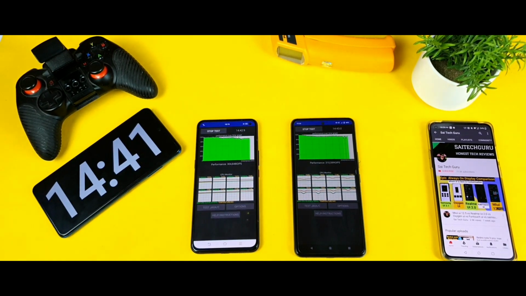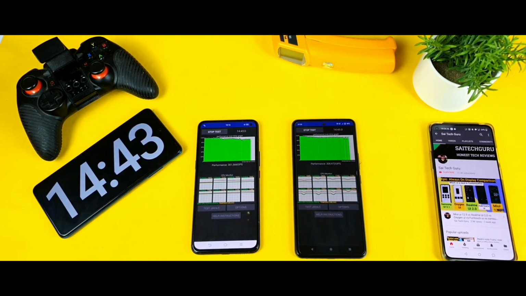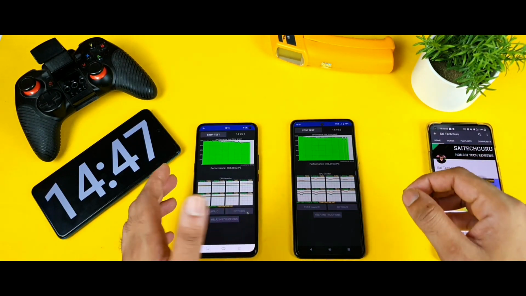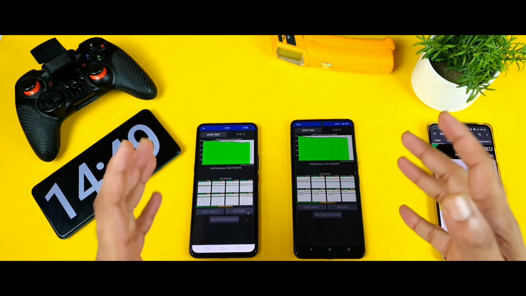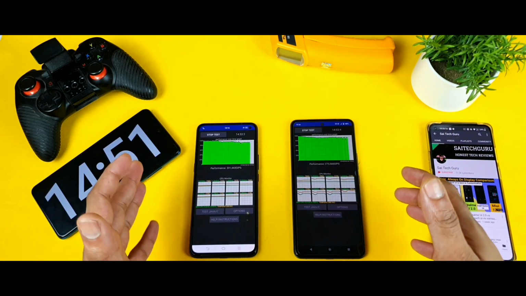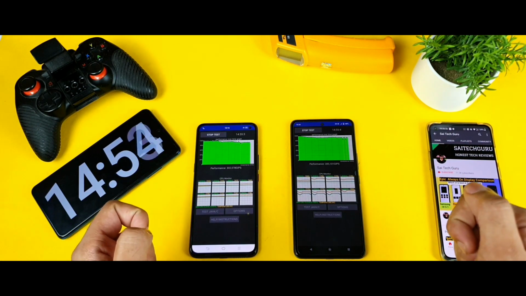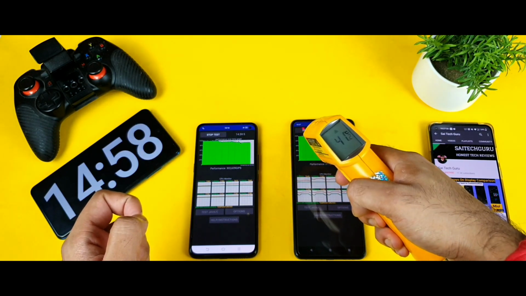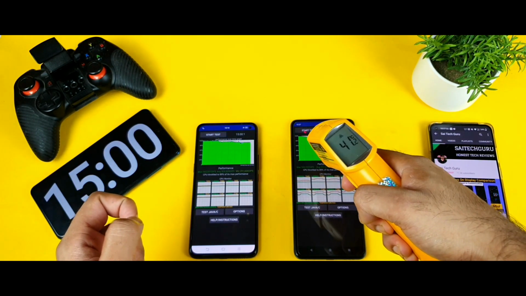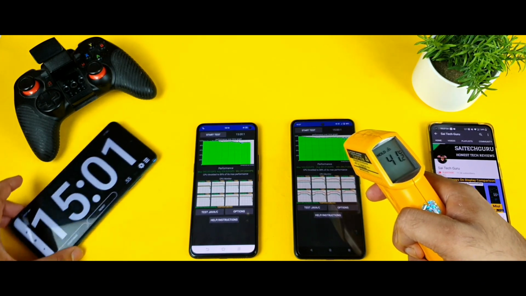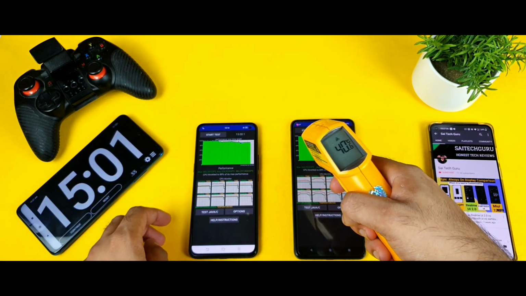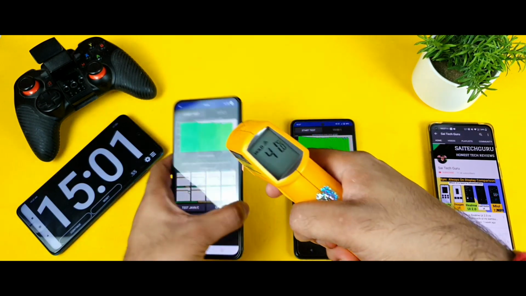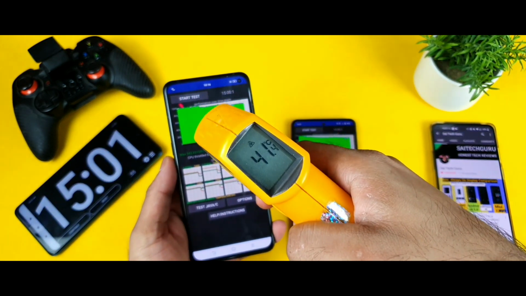So right now, as you can see, friends, we're getting close to that kind of CPU throttling results as well. So finally it's kind of close to 15 minutes of testing. I am very curious to see, friends, either the small brother or big brother, which will be winner, iQ7 or iQ3. So only few seconds more. I'm going to test the temperatures first. It's 41.6 is the highest recorded and 41.2 is the highest recorded, and the final results are done. As you can see, friends, this is the complete results for the 15 minutes of score in both phones. So 41.2 is the highest and 41.6, 41.8 is the highest.